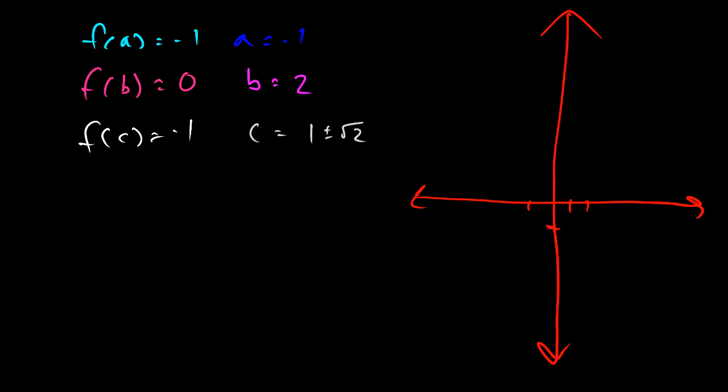Okay, so a is here, f of a is at -1, b is here, f of b is equal to 0, and my c is 1 minus root 2. Well, 1 minus root 2 is outside of our interval because